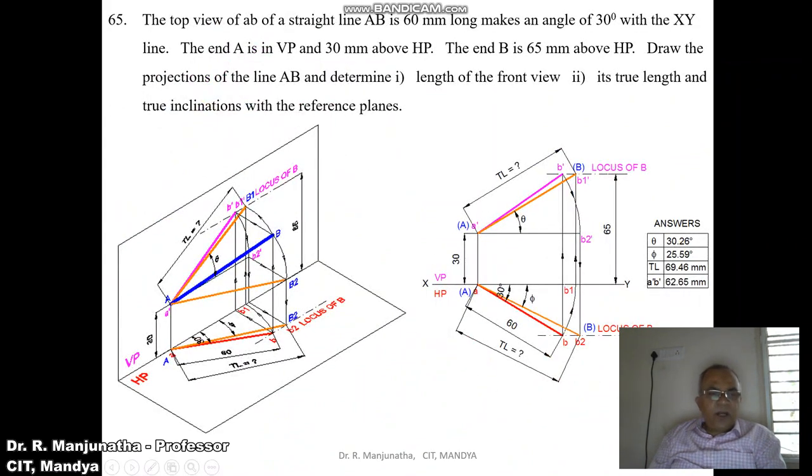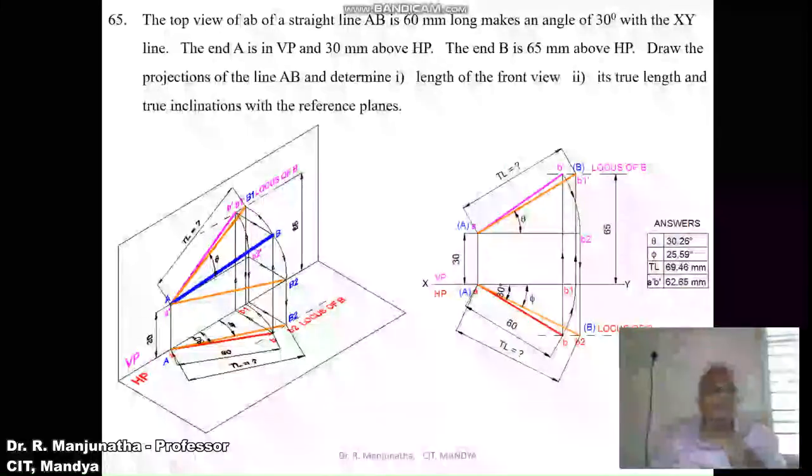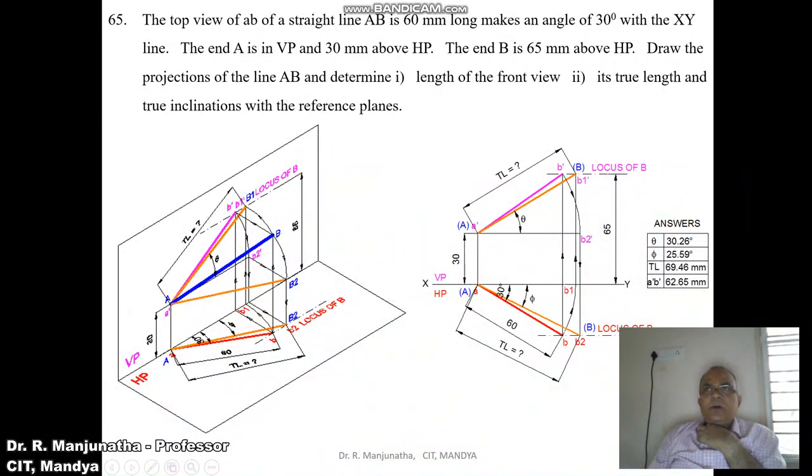Now we need to draw how to solve this problem in the sketchbook. First we are going to draw the XY line and mark VP and HP. The point A is on the vertical plane, and the top view of the line AB makes an angle of 30 degrees with the XY line, being 60 mm. So with A on VP,